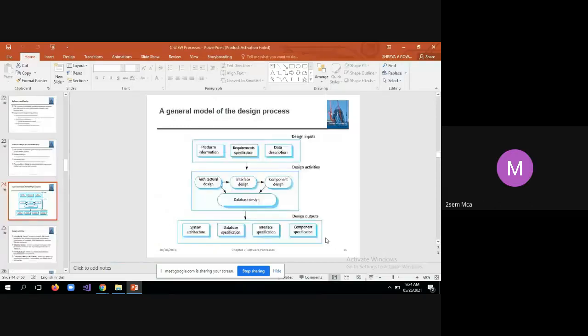Yeah, we'll stop it here. The takeaway from today's class is that when it comes to process models, let it be any process model, the common process activities are specification, design, implementation, and evolution. Irrespective of the stage of software development, each stage has a certain deliverable.